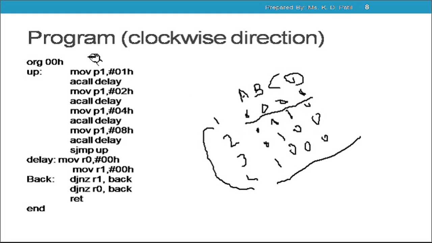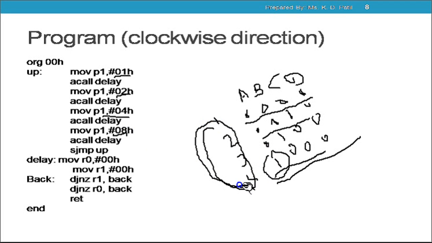that is this first step, is supplied to P1 first, and after that the 2 will be supplied in hexadecimal form. If you don't want to put this hexadecimal number, you can write here 0010. Then delay is called. After that, the next one, that is current will be supplied to the third winding, that is 0100, which is 04 hexadecimal, and in the last the current will be supplied to the fourth winding, that is A, and in the hexadecimal form this is 08, and again it will rotate continuously.